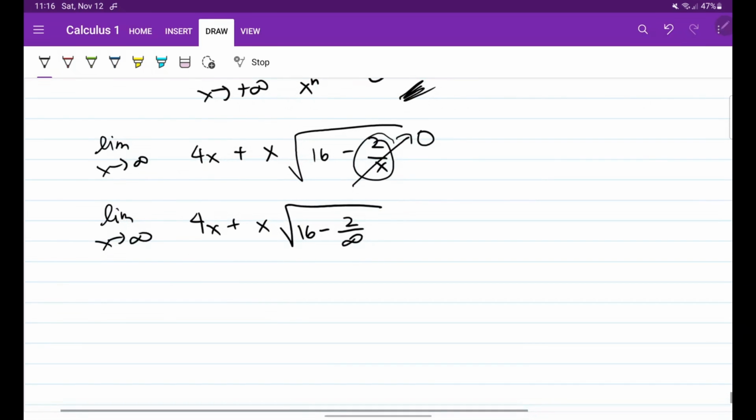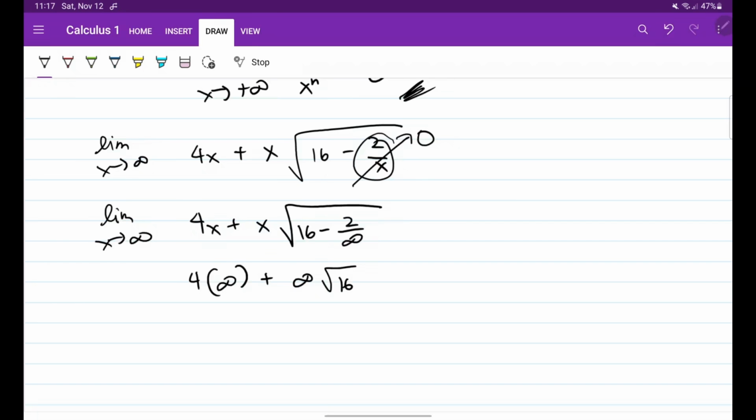Okay, so if we substitute infinity, 4 times infinity plus infinity square root of 16, which is just 4. So we get now 4 infinity plus 4 times infinity, which is 8 infinity,